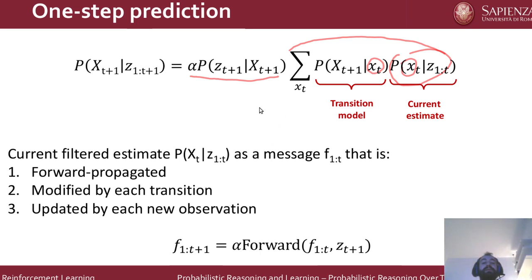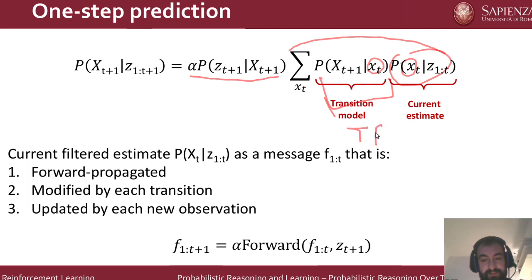So we are letting the system evolve through our transition model, multiplying the transition function by our current